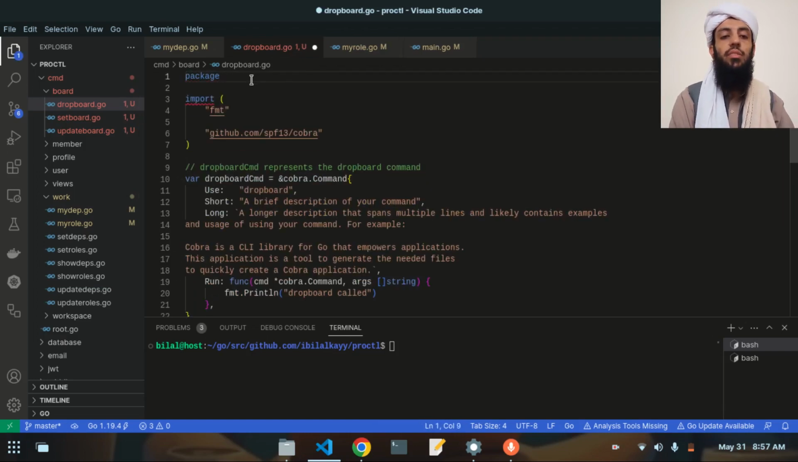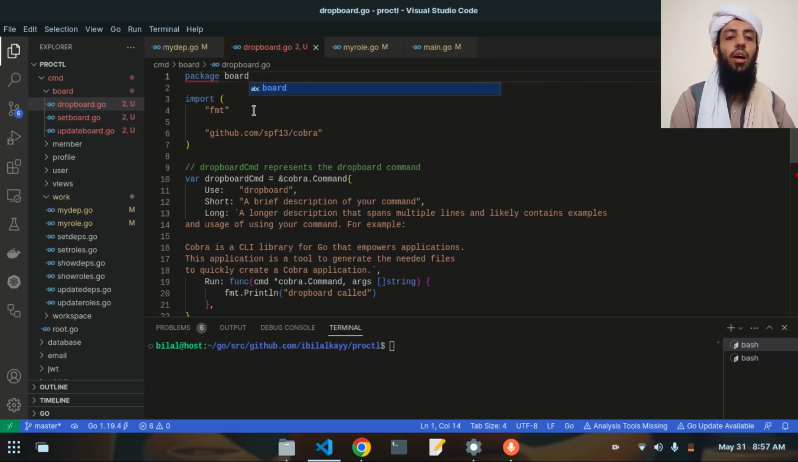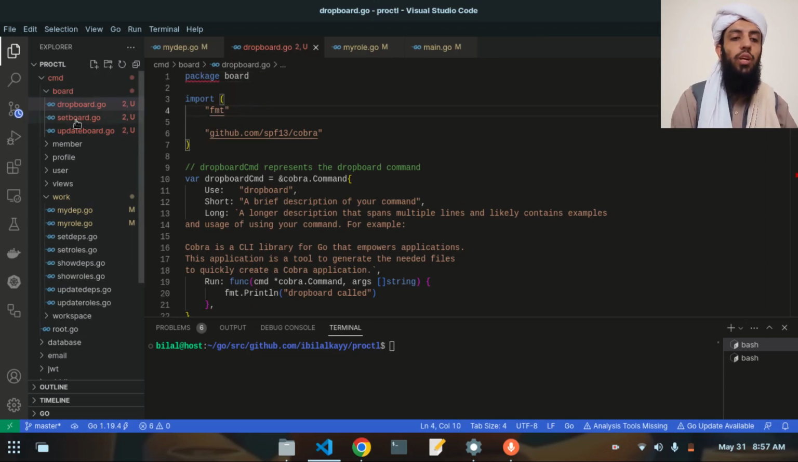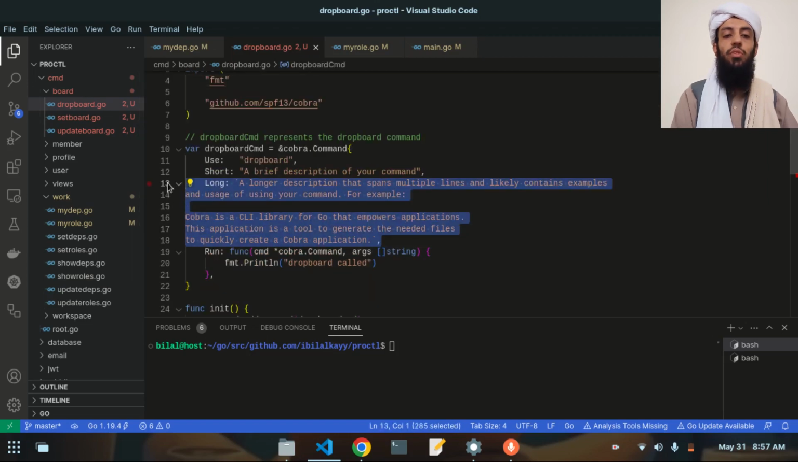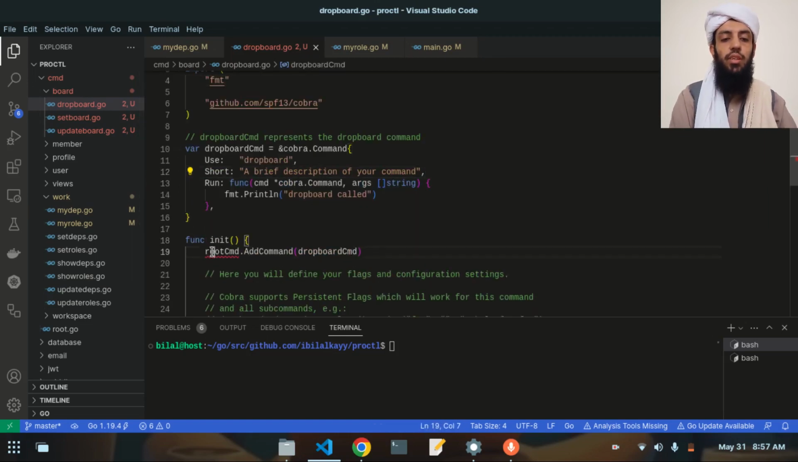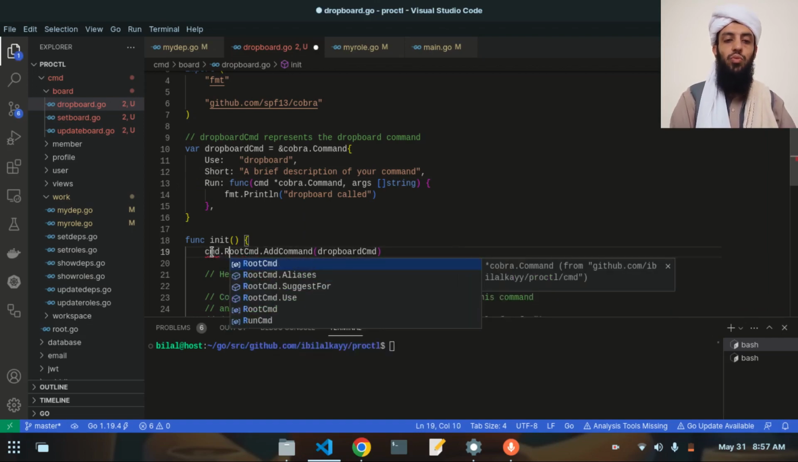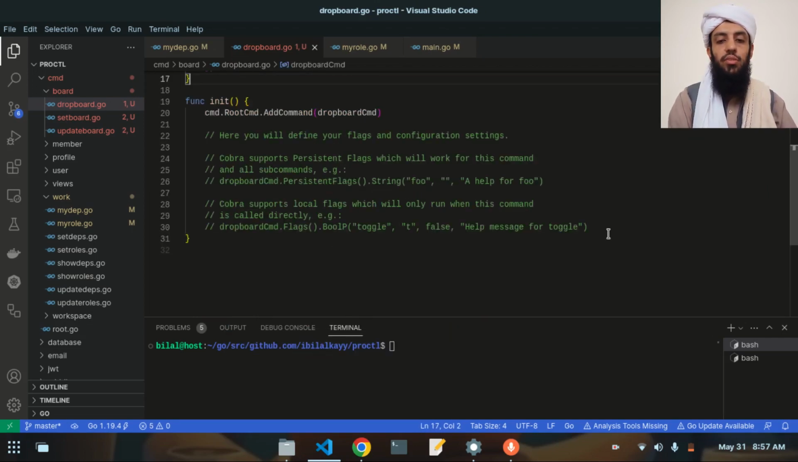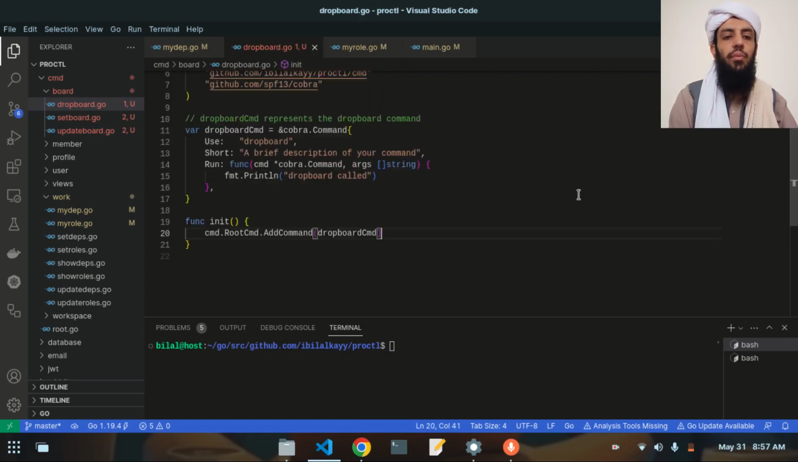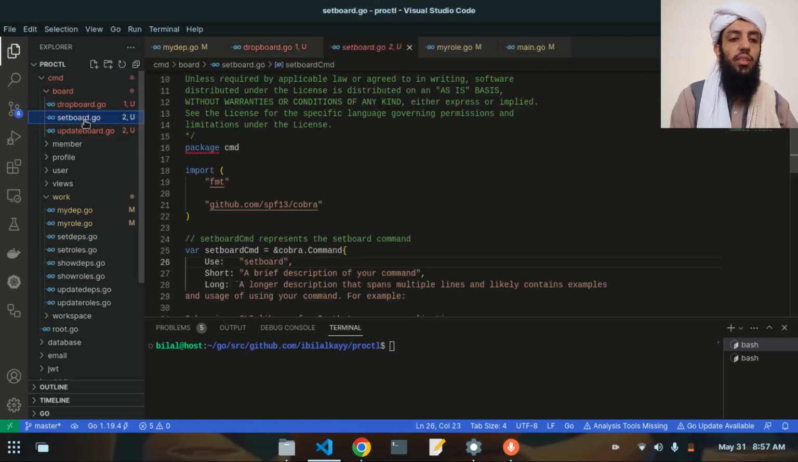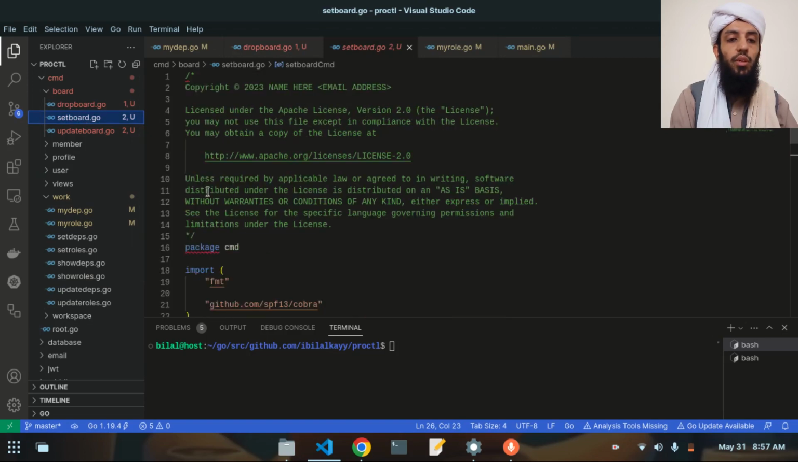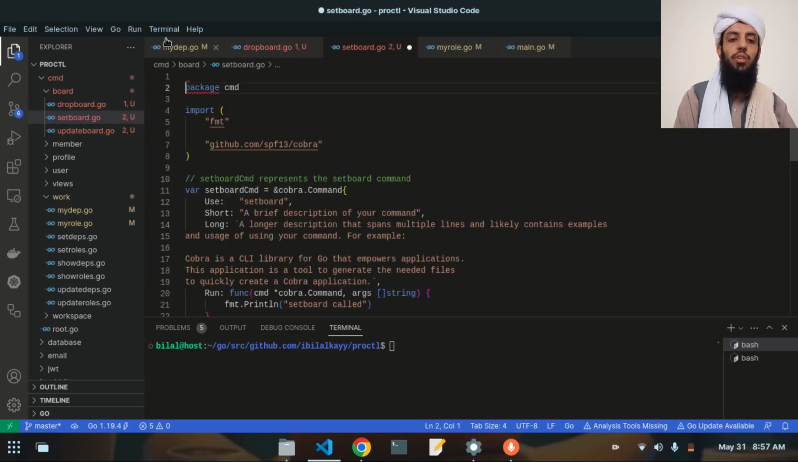Instead of writing CMD, I will write board, because they are present under the board directory. So let's remove this long description. Similarly, let's write CMD root, and let's remove this one also, like this. And now let's go to the set board. So set board will be similar. I will have to remove these comments,